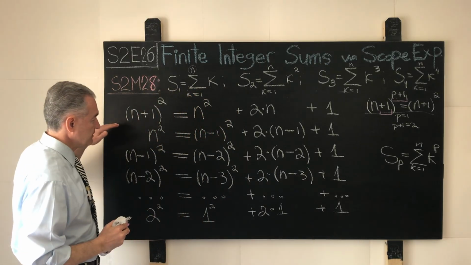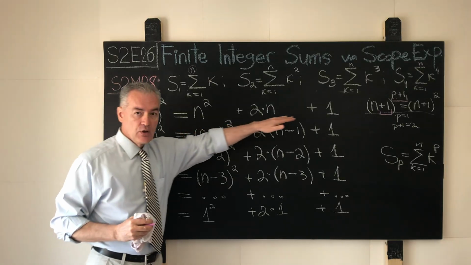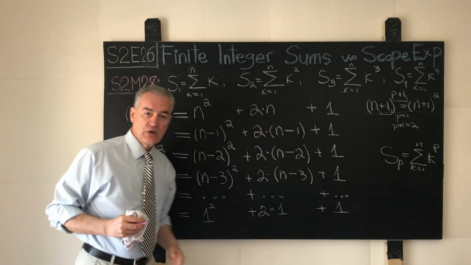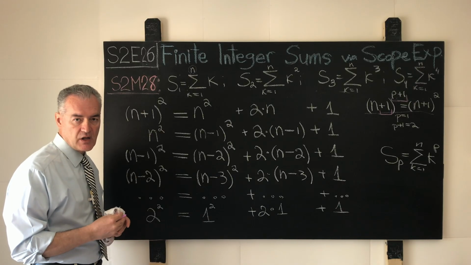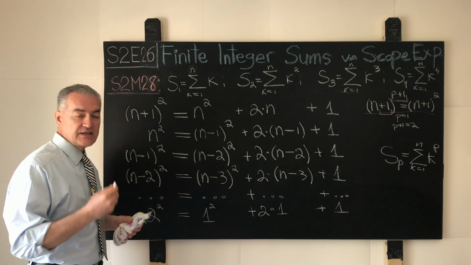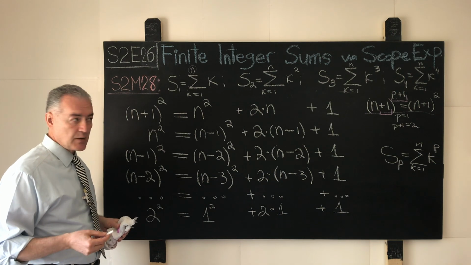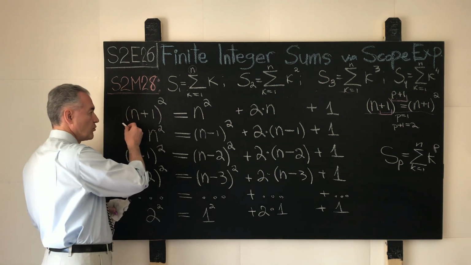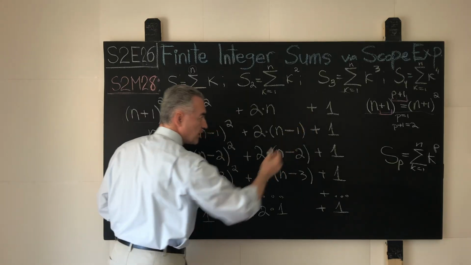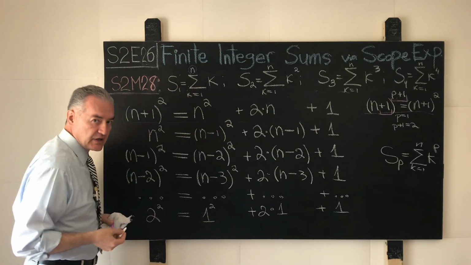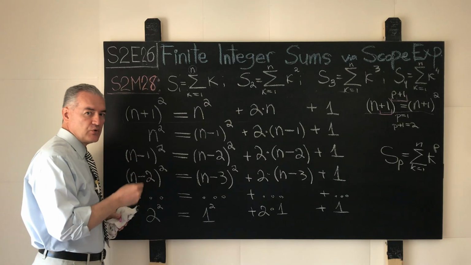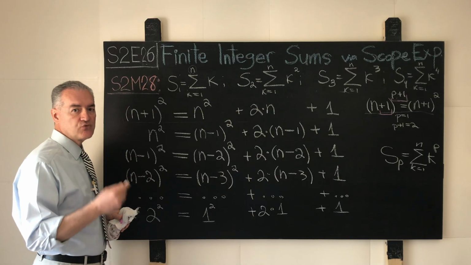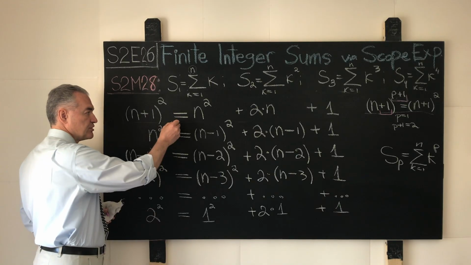Now that we understand how the first step of our algorithm is carried out, we carry out the second step. And what does the second step of our algorithm prescribe? The second step of our algorithm prescribes that we take the expansion that we obtained in the step number 1 and iterate it n minus 1 times by replacing n with n minus 1 uniformly in the expansion produced during